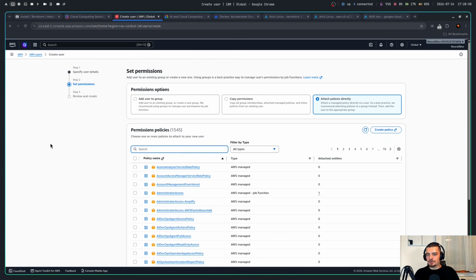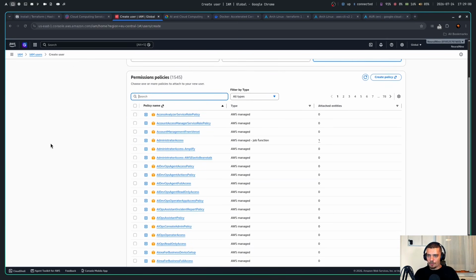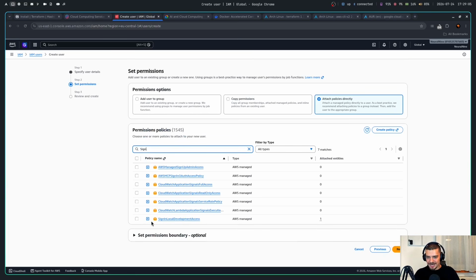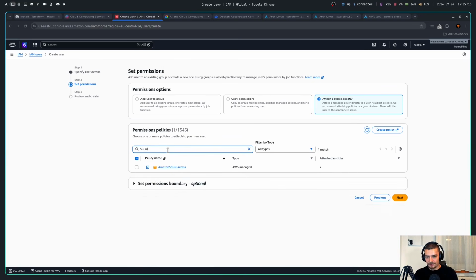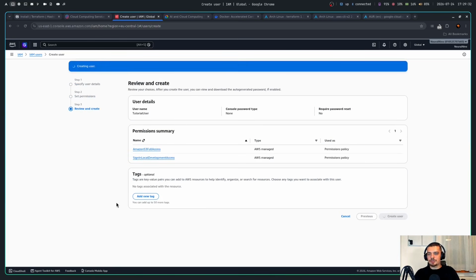And for the sake of this tutorial, I'm going to keep it simple. We're going to give more permissions than necessary, but I'm going to give this user the permission to sign in for local development access so that we can use it in the command line. And we're also going to give it S3 full access, which is way too much in production. This only makes sense if you're making a tutorial video, if you're learning, if you're playing around. In production, you want to give more granular permissions, only the ones that are actually needed. Here, we're going to keep it simple to not confuse you with AWS stuff. We're just going to say Amazon S3 full access. You can do everything you want with S3, and we're going to create this user.